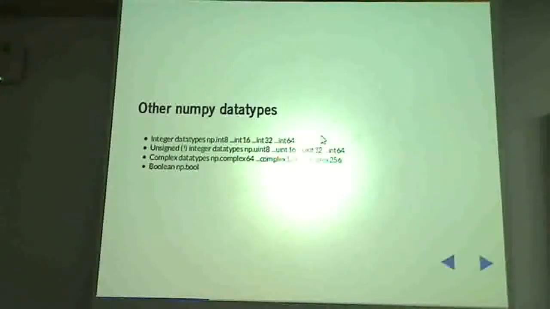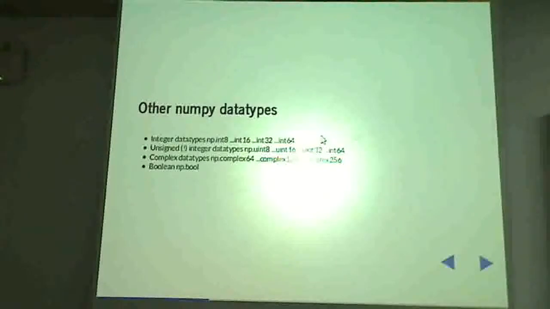Okay. So just like there are float data types, there are lots of other data types. For integers, you have 8-bit ints, 16-bit ints, 32-bit ints, and 64-bit ints. The default type is already 64. The unsigned integer data types are also available, where you don't have a sign associated with them. Sometimes you need to use these if you're really short on memory and you're only dealing with positive numbers. So unsigned int 8, 16, 32 and 64, analogous to the ints.